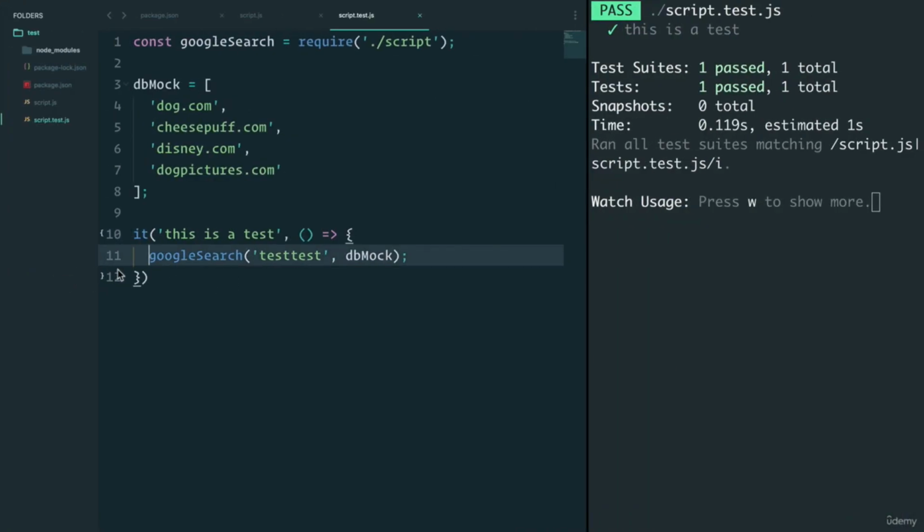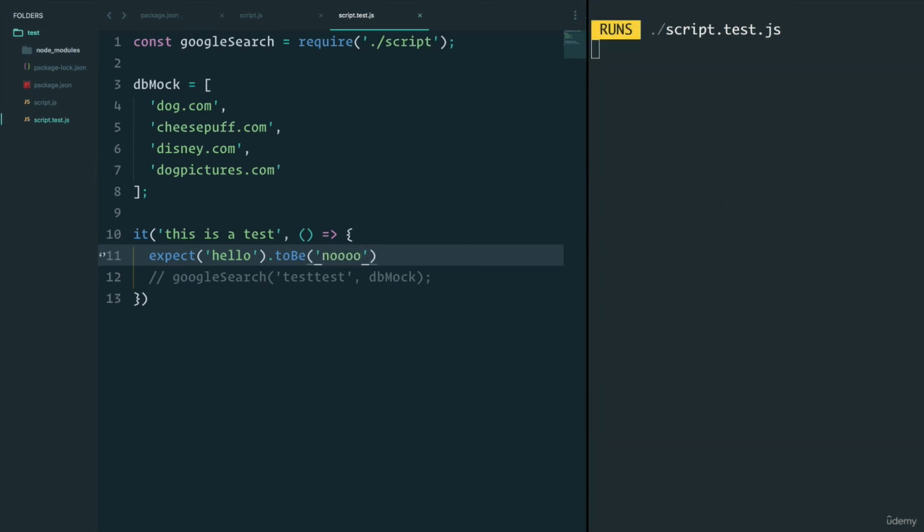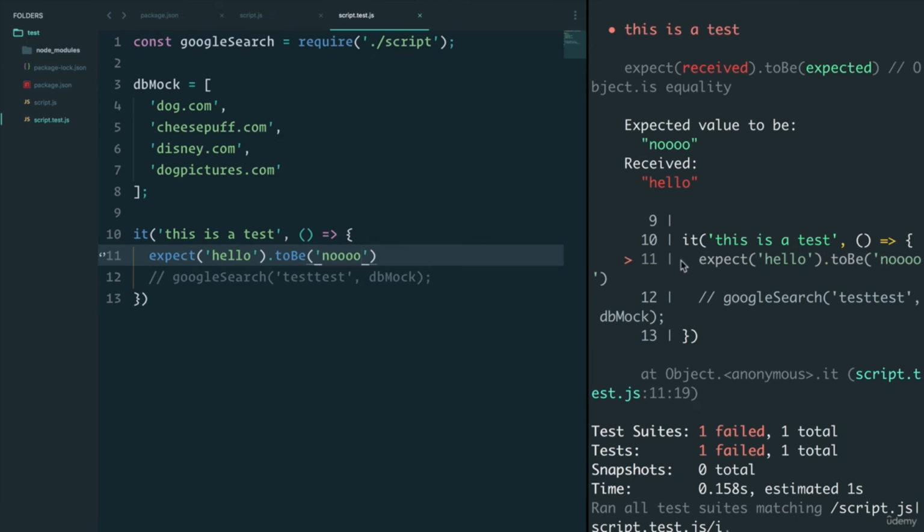For now, let's comment this out and say that we expect hello to be hello. Hello to equal hello. All right, let's save that. All right, everything is passing. But if I change this to no and save, I get a failed test. It says it expected the no value but received hello. And it's got pretty nice output. It shows you which line failed and what the test failed at. Using that logic,